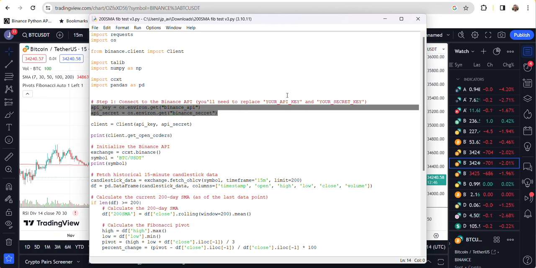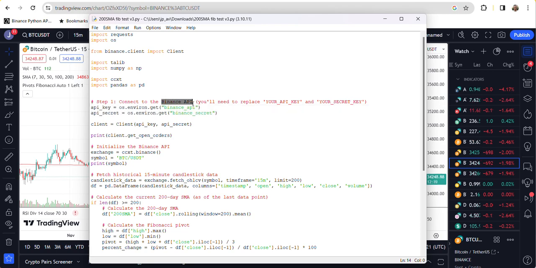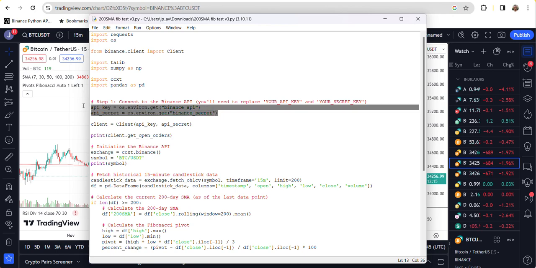The other thing you will need is some data, and in this case I've got the data from Binance. In order to do that, you're going to need to connect to their API. There are loads of really good tutorials on the web, so just look up connecting your Binance API. Essentially you get your API codes and store them as a variable on your computer, and then Python can use that variable to connect into Binance to get the data. I've gone ahead and done that, and again, look at some tutorials to see how. I'm not going to do that now.